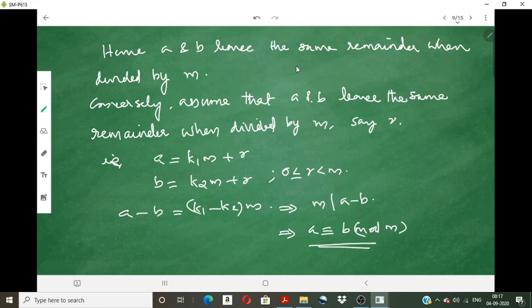Hence the theorem. So in this theorem, we proved one more characterization, that is a is congruent to b modulo m if and only if both a and b leave the same remainder when divided by m. Now we move to the first